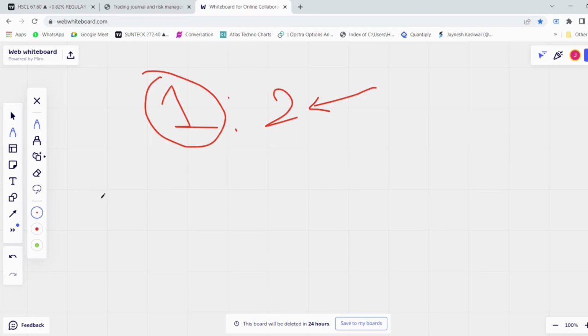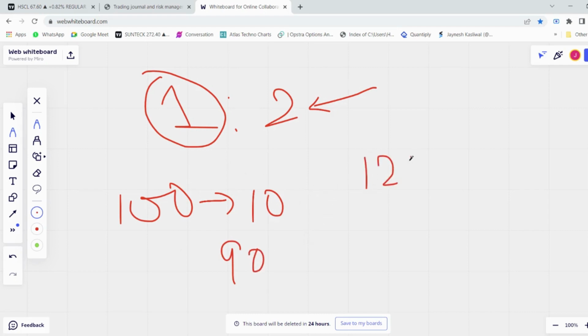So for example, if I am buying a stock at 100 rupees and my stop loss is at 10 rupees, that is 90 rupees, right? So my minimum target in this case should be 120, so that my losses are getting covered whenever the profits are being made, right? So with risk to reward 1 is to 2, you can be profitable over a period of time. How can you be profitable with a risk to reward of 1 is to 2 and a win